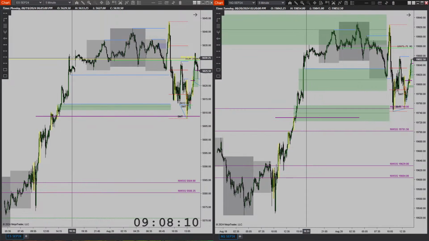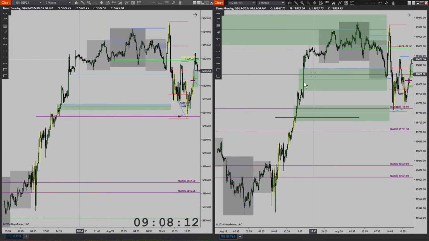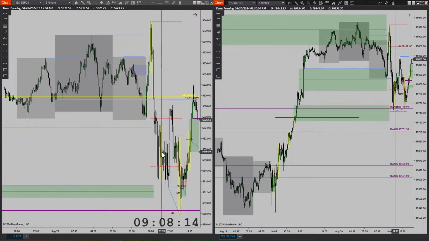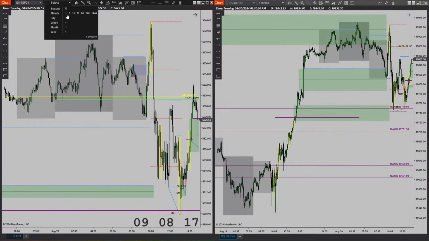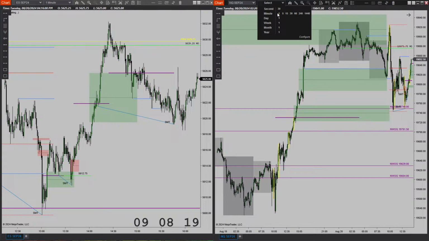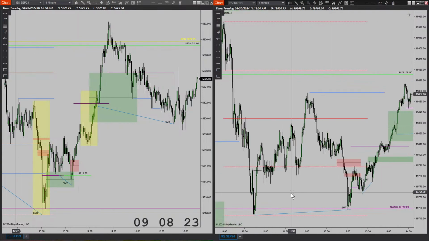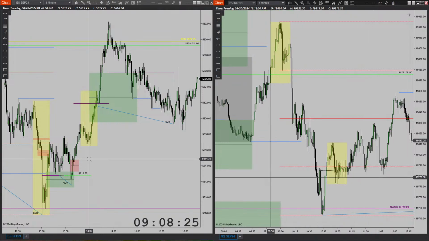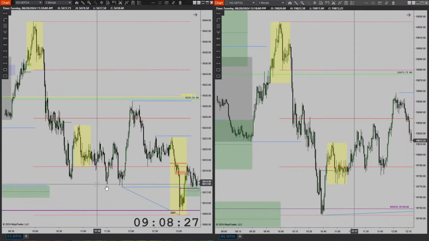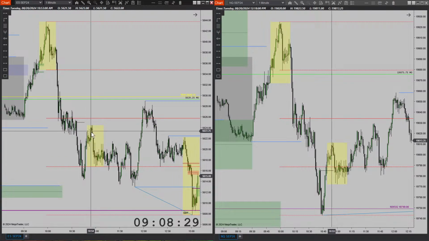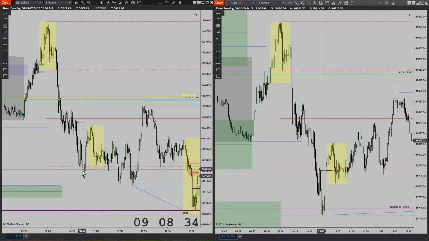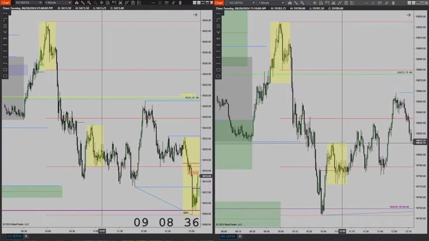This is the 1 hour, the whole 4-hour imbalance. I began to start looking for an entry, and this was during the 11 o'clock macro. So during the 11 o'clock macro, we had displacement lower, and then we had price start to rebalance in consolidation. So we had displacement here, same thing here, displacement here.